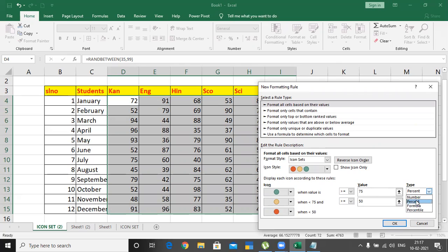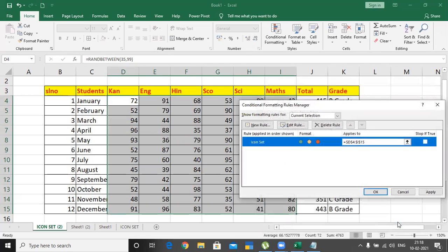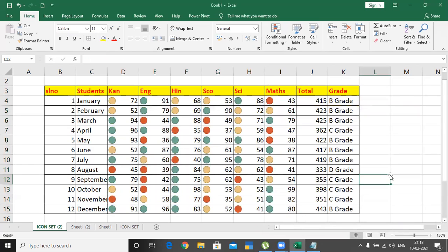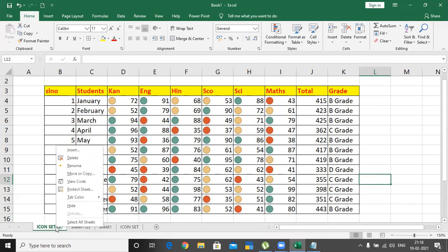If you want to set the value, click value or number, and you set that to 75 value, 50 value, and less than 50 value, then you click OK, and again you click OK, click OK, and see what happened here. Easily I can notice one is having less than 50, greater than 75, and greater than 50, correct? Again, what condition have I used here? Icon set only.